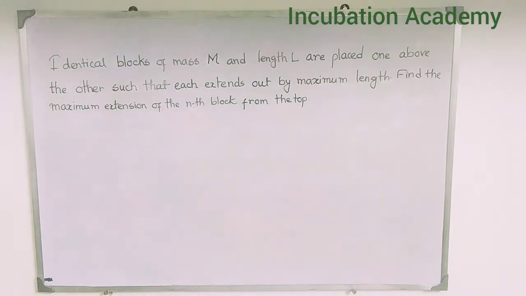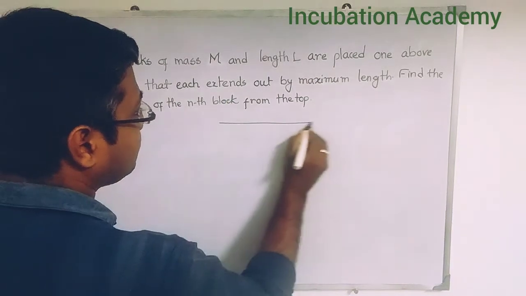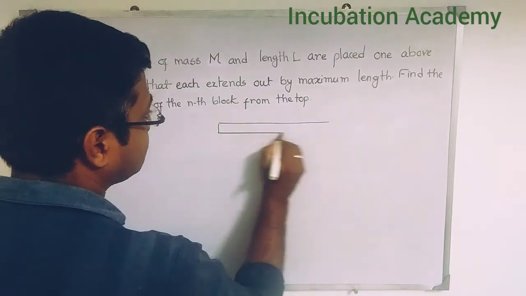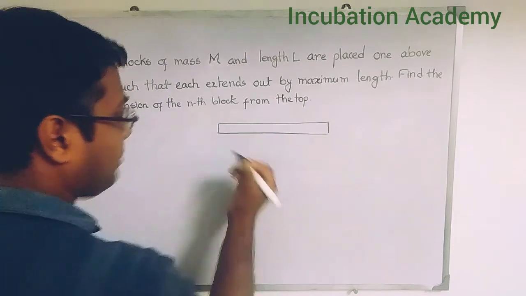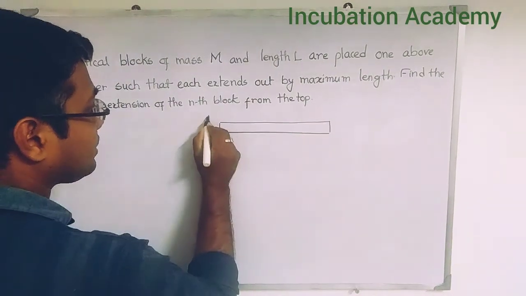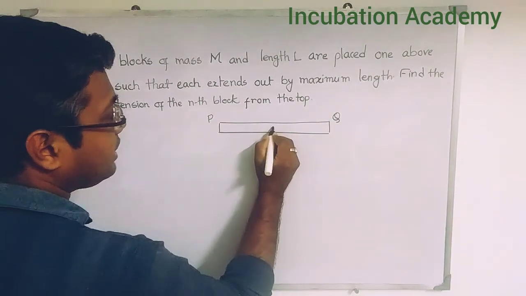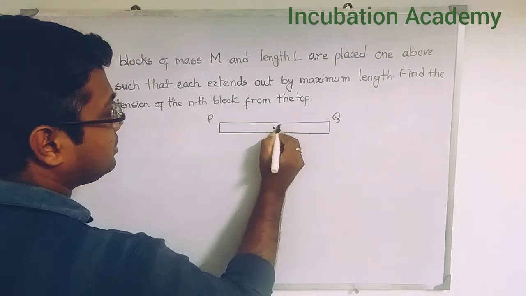Identical blocks of mass capital M and length capital L are placed one above the other such that each extends out by the maximum length, and find the maximum extension of the nth block from the top. So let us consider it is my first block, and it is of mass M and length L. Let me name it as P and Q, and its center of mass will be at that particular point,